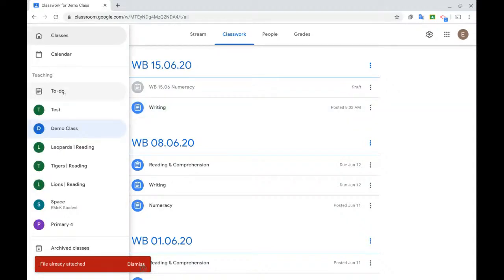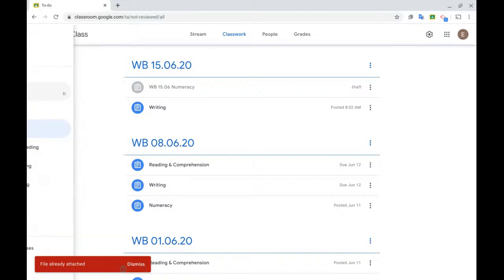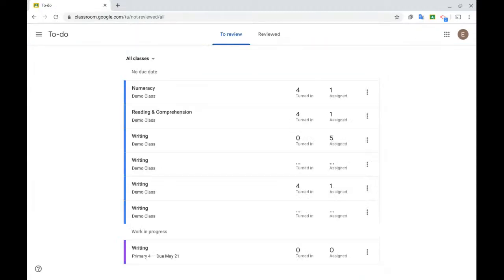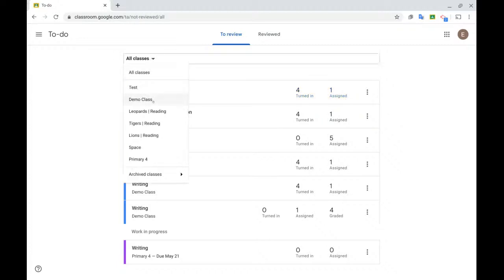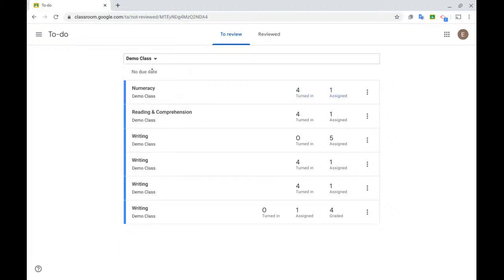So as a teacher of multiple classes, this is a really useful tool because this is all of the assignments that you have got set. You can filter this by classes. So I could go into my demo class, see what work has been returned there, or I can go into all classes and you'll see that there's quite a lot for me to go through and